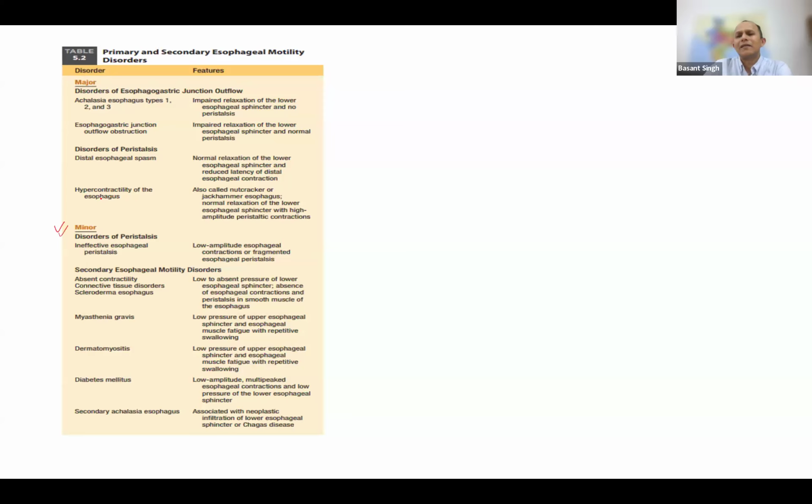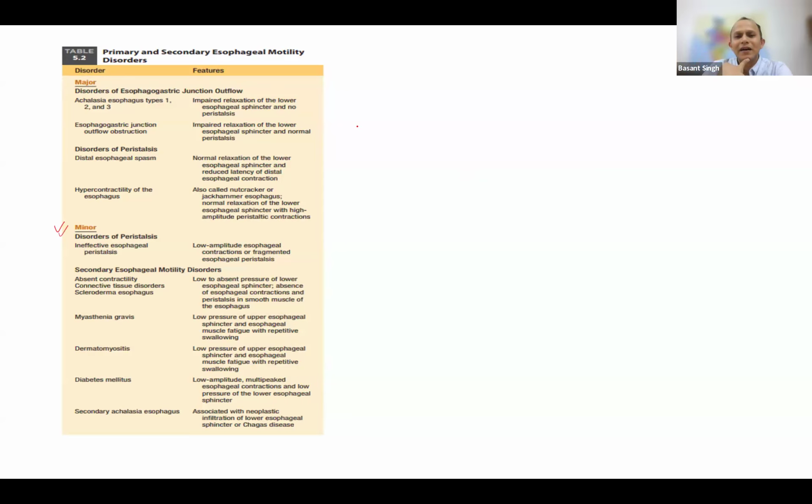So scleroderma affects your smooth muscles. We know how the esophagus is made. The upper one third is skeletal muscle, then you have smooth muscles, then you have an overlap. The lower third of the esophagus is made of smooth muscles only. That is why scleroderma affects the lower third of the esophagus, and that is why again a question that